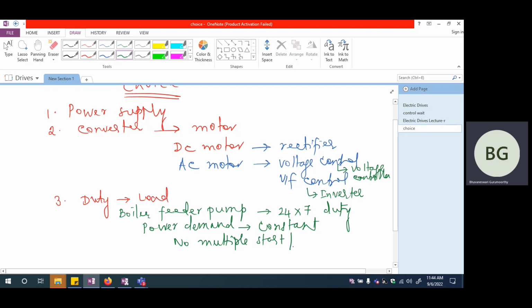That is not needed. So because of which, when I choose a motor for this particular application, all I need is how much is the water output I require. Accordingly, I will calculate how much is the power that is required for the motor, and I'll choose a motor of that particular capacity, be it a DC motor or be it an AC motor. Whereas, if I am looking at a load like an electric vehicle, like an EV,